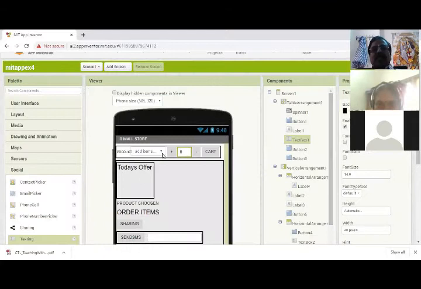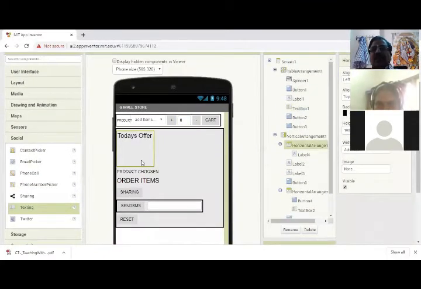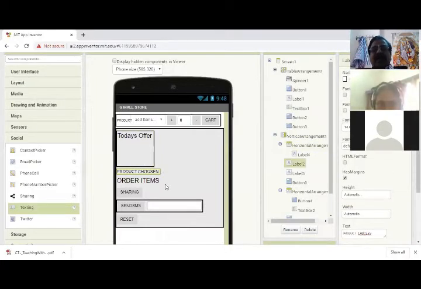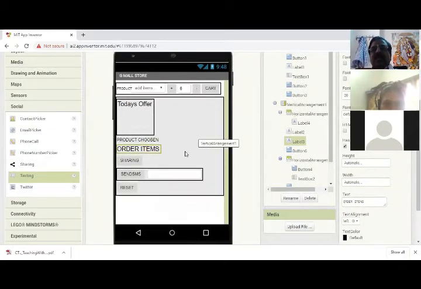So you can see that these are clumsy. This is not horizontal, the alignment. We are not making it properly. So you can change it, order item, sharing. So I'm using a vertical alignment as well as horizontal alignment for these two things. You can add some nice pictures in the background.